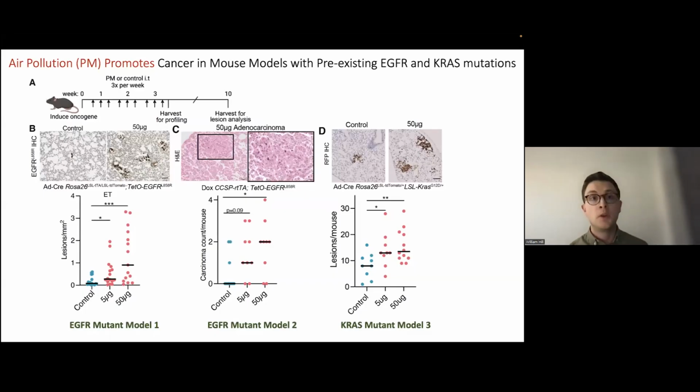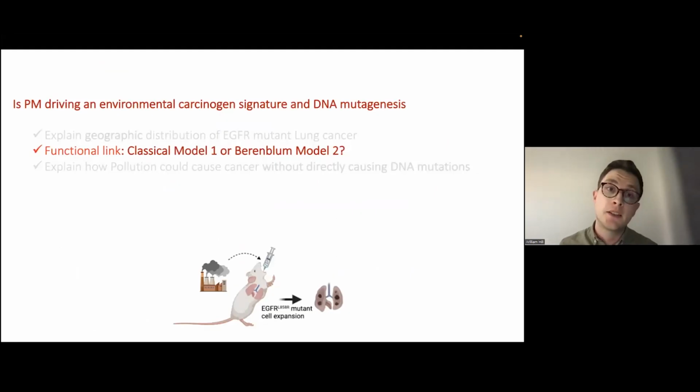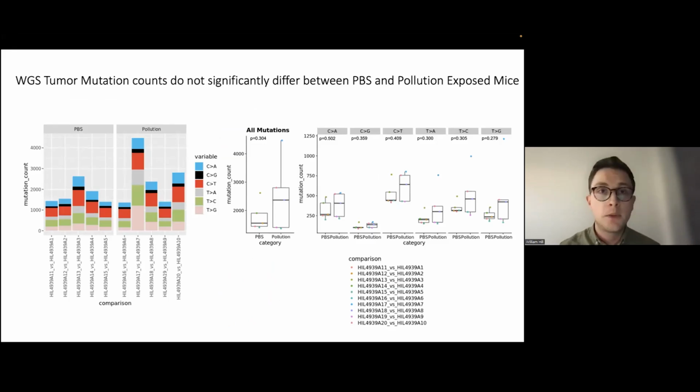So this suggests that we can model this interaction in the lab, and we can use this model to understand the underlying biological mechanism. And so we first set out to test whether PM is acting as a mutagenic factor in this model, or perhaps in a tumor promoting model. And so we carried out whole genome sequencing to 100x of tumors within these mice. And we saw no significant increase in the mutational burden within tumors of mice exposed to particulate matter compared to controls. We saw no significant increase in any specific trinucleotide context